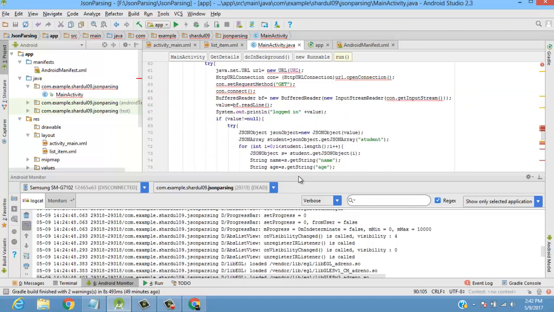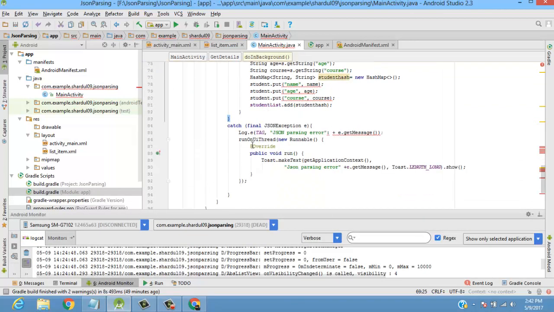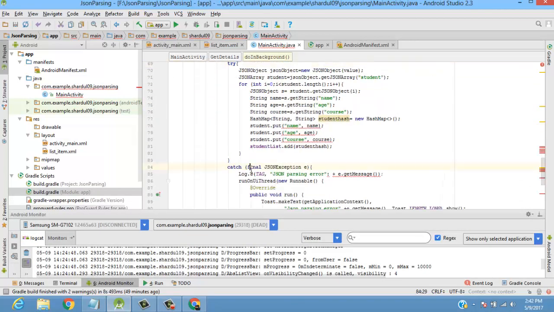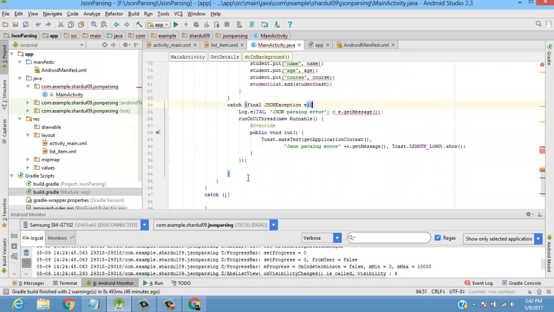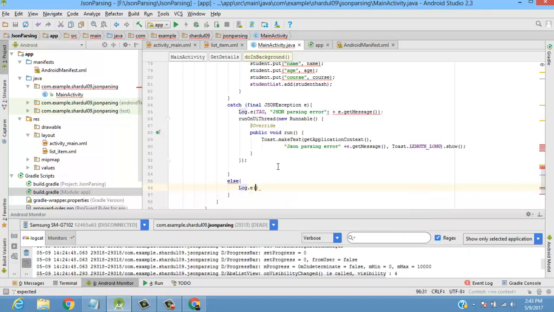So we have done with, let us check. We have try, we have if, then under if we have try and catch. Now we have to work with the else part, which is pending, right? So we'll say else, and the else part will again have to print as log dot e, we'll say tag, comma, we'll say could not get JSON from server,